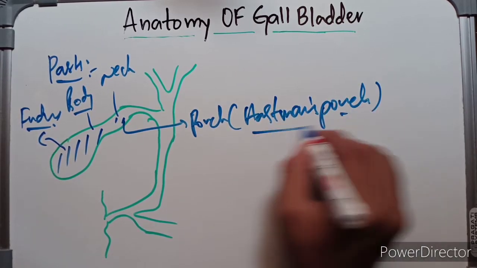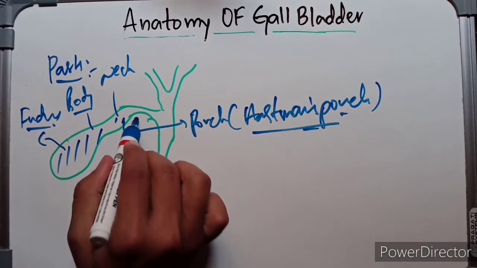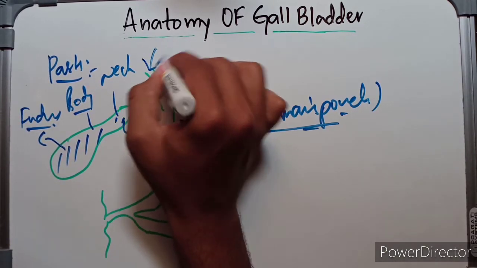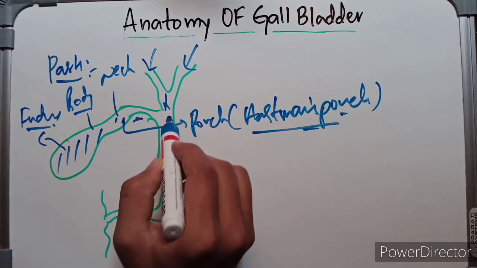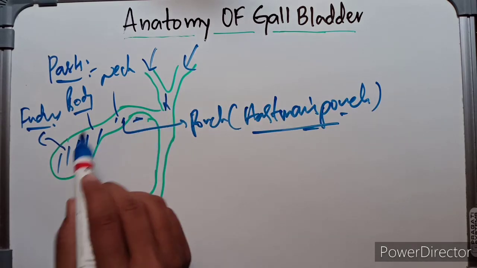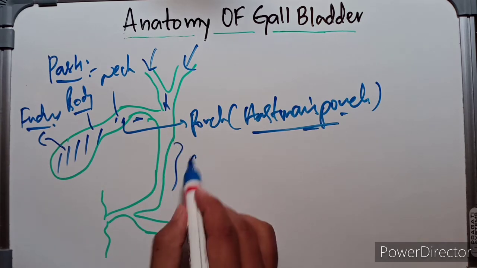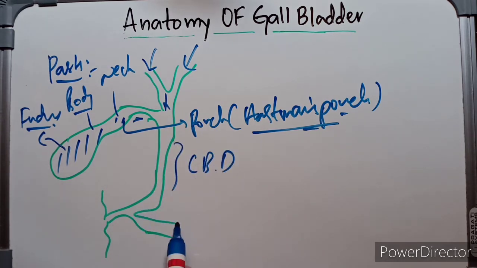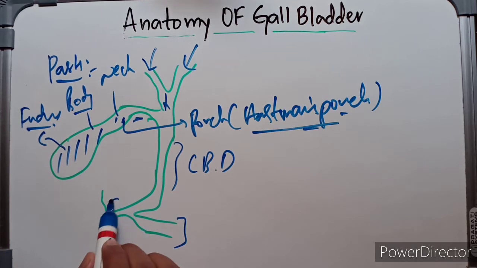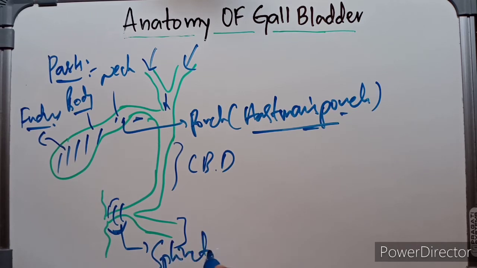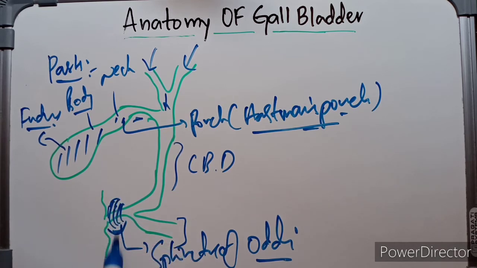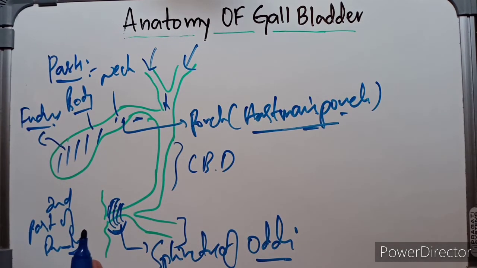Generally, gallstones are situated in the Hartmann's pouch, causing obstruction to the cystic duct. This is the right hepatic duct, this is the left hepatic duct, and this is the common hepatic duct. The common hepatic duct is joined by the cystic duct from the gallbladder and forms the common bile duct. The common bile duct is joined by the common pancreatic duct to form the common hepatopancreatic duct, which is guarded by the sphincter known as the sphincter of Oddi. The sphincter of Oddi guards the common hepatopancreatic duct, which opens into the second part of the duodenum. So this is about the different parts of the gallbladder.